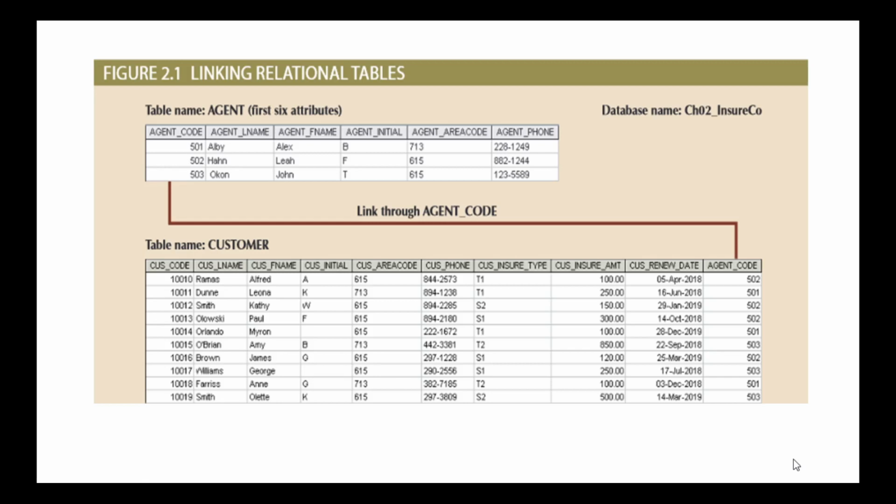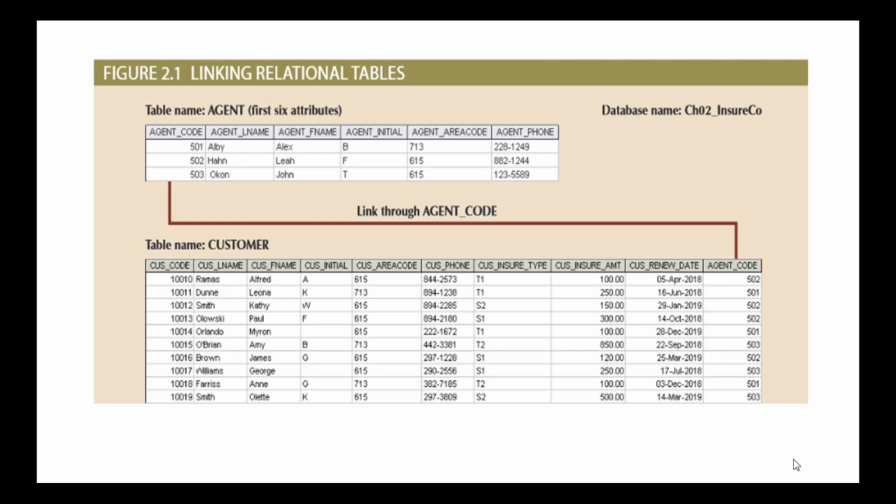What is a foreign key? A foreign key is also known as a referential key, which only contains the values in its corresponding primary key table. Just observe what it contains: the agent code in the agent table has the values 501, 502, 503. The agent code in the customer table also has 501, 502, 503. No other value will exist. It just contains the values which are in its primary key column only, to ensure data integrity and also to establish a link between those two tables.